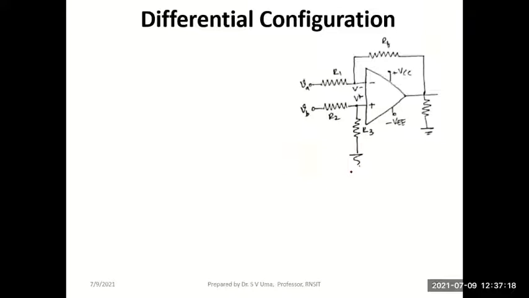Since an op-amp is designed for that purpose itself, why do I need all these additional resistors or circuitry here? Can someone tell me? Op-amp is supposed to take the difference of the input signals given to the two terminals and amplify it and provide it at the output. Then why are you connecting so many resistors in this circuit? What is the point in connecting all these resistors? We are trying to do the same task for which the op-amp was designed.